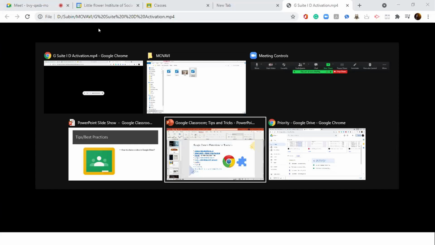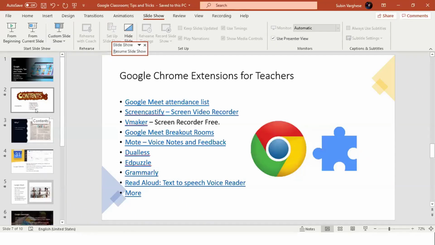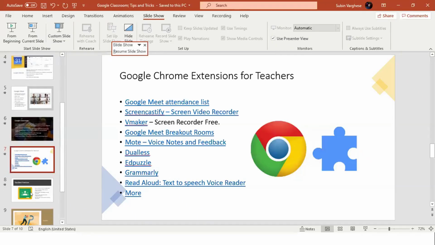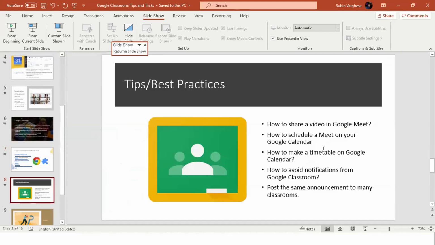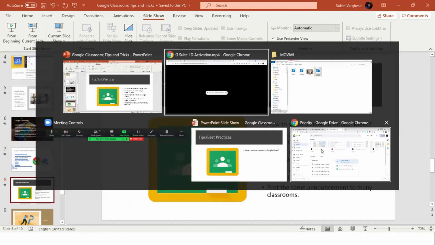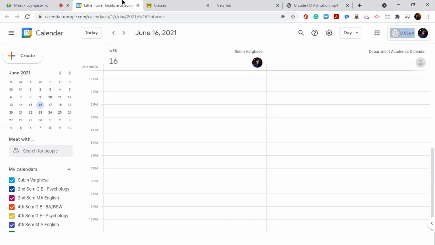Okay. Again, what should be done in Google Classroom to schedule a meeting? How can you schedule a meeting using your Google Calendar? Log on to calendar.google.com. When you log on to calendar.google.com,